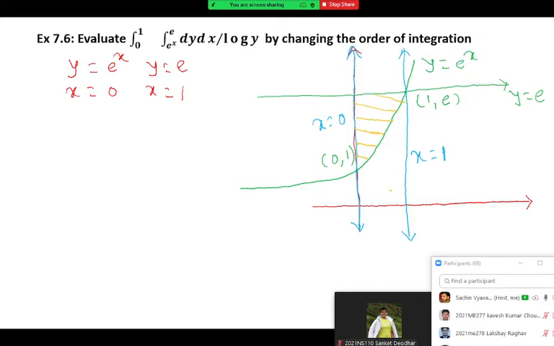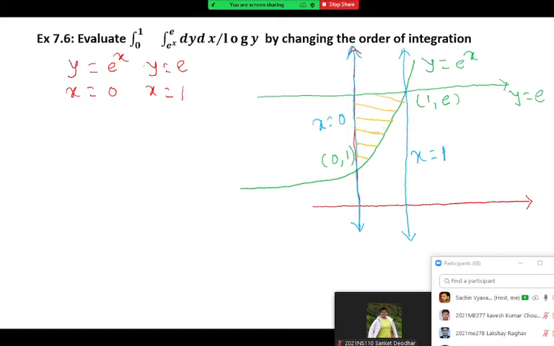If you take the lower region, for this lower region, y equal to e is a boundary in that lower region at a single point. That's okay. But you will observe for this lower region, if you take a vertical strip, then y will vary from y equal to 0 to y equal to e raised to x. But y is not varying from 0 to e raised to x. It is varying from e raised to x to e.